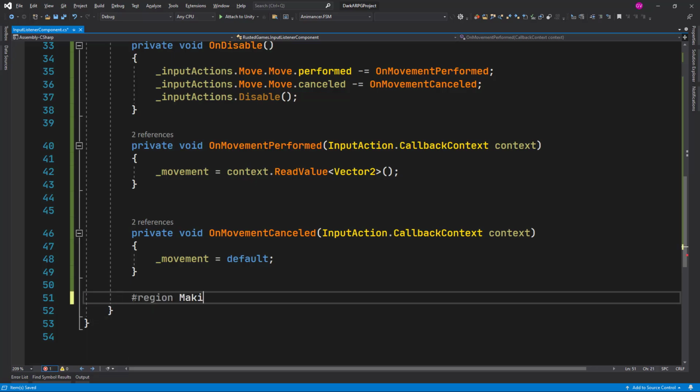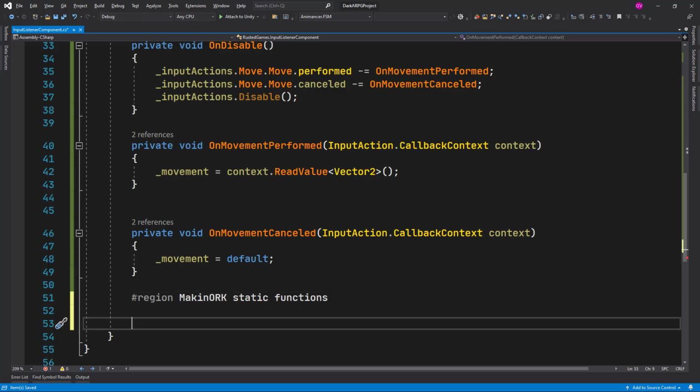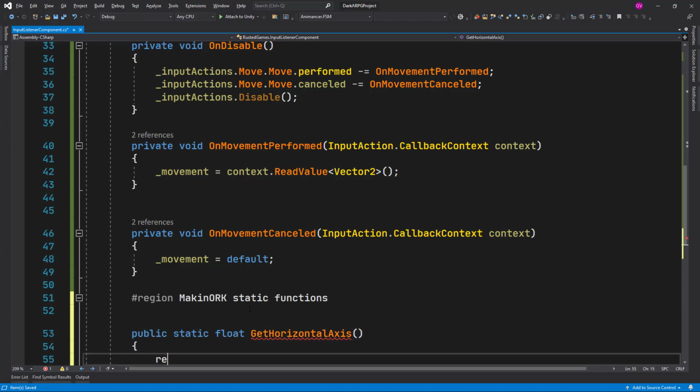Let's call it Mackie ORK static functions, and let's put the first one, which will be a public static float, and let's call it get horizontal axis, and this will return our movement.x,